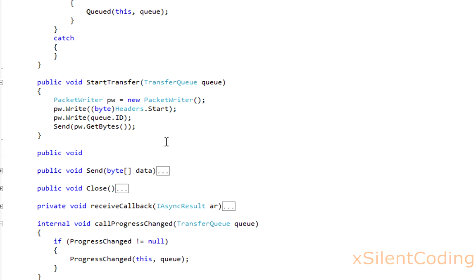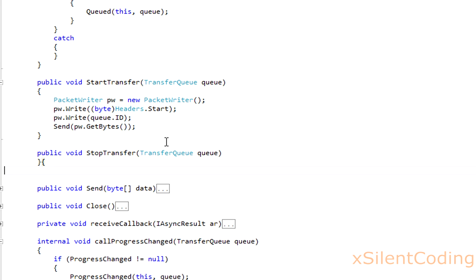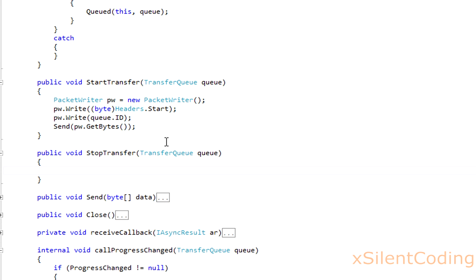A public void StopTransfer, and of course our queue has a parameter. If queue.Type equals QueueType.Upload,